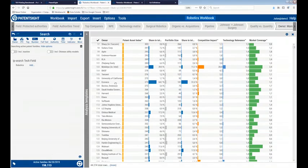So this company, Ecovax, has, in the field of robotics, 181 patents, and this accounts for around 50% of their total portfolio size. And these 181 patents have a total patent asset index of 273, and this accounts for around 65% of their total patent asset index. So a really easy and quick way to identify potential targets if you're interested in that kind of analysis and